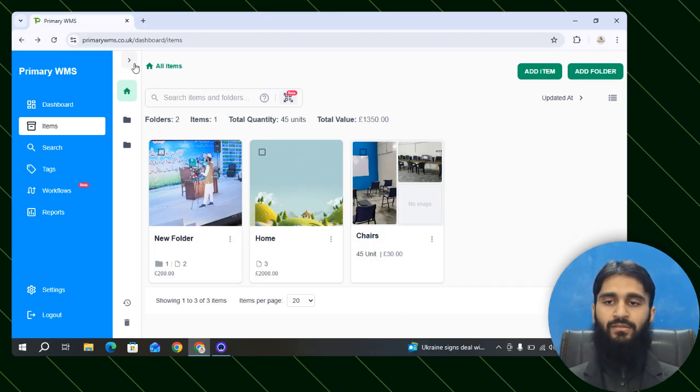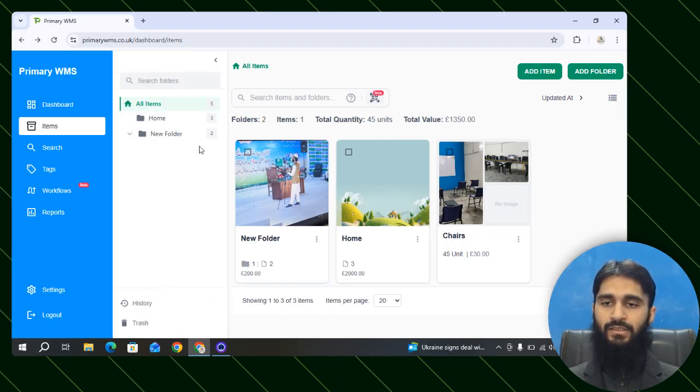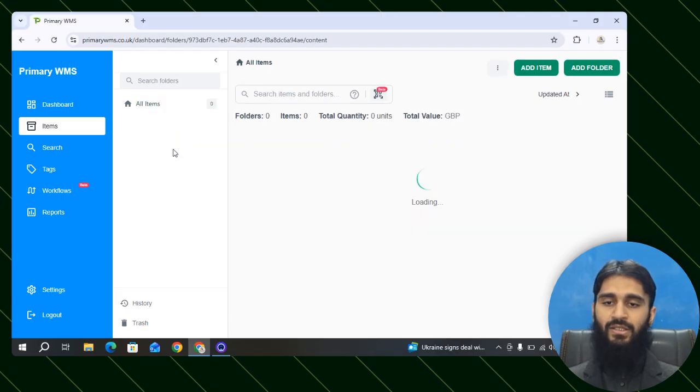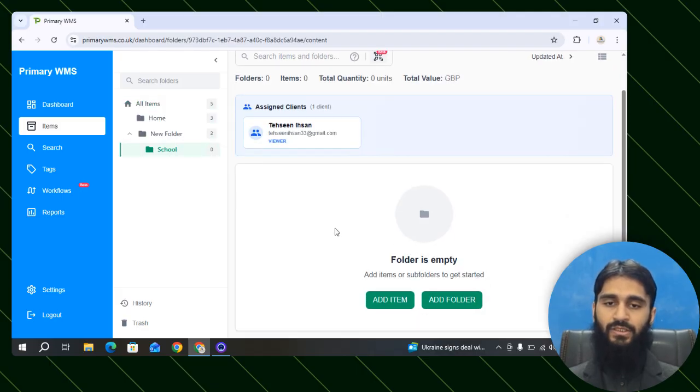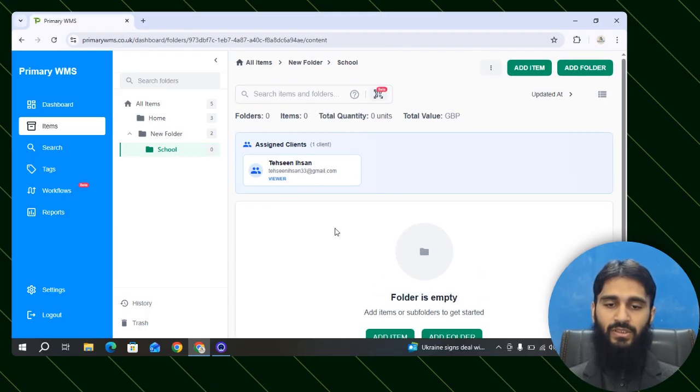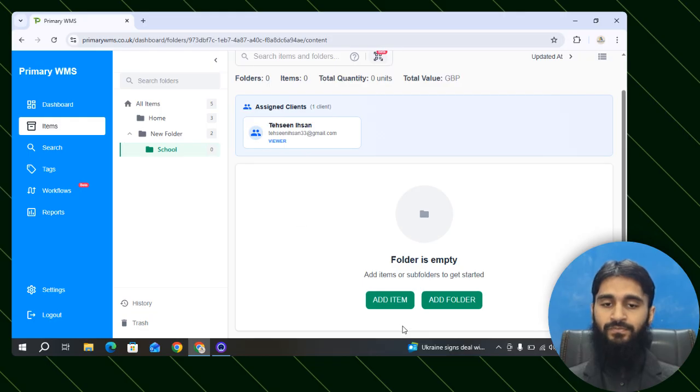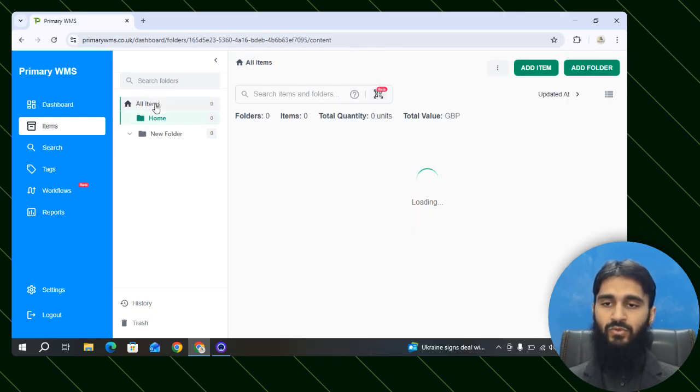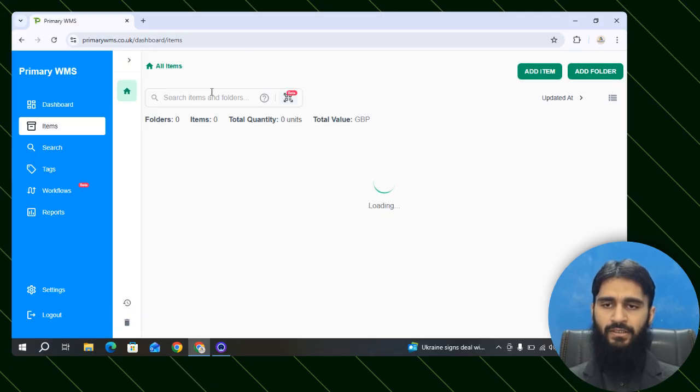Okay, you can see now we don't have any school named folder, and here you can see inside of the new folder here is a folder. Okay, you also can see the access level that we have changed. Let's move on. Again, item page,